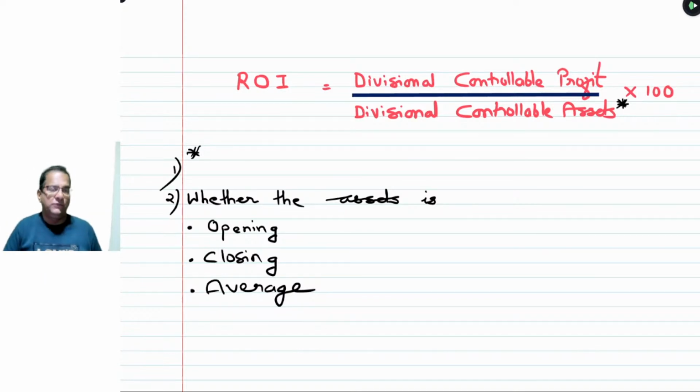No doubt about that. So as a student, we will not fix that we will only take the opening or closing or the average. We will free ourselves and interpret the question, and it's a 110% guarantee that the question will provide you the data on which balances they want to utilize for computation of ROI, whether that is opening, closing or average. Please write down: the question will itself communicate